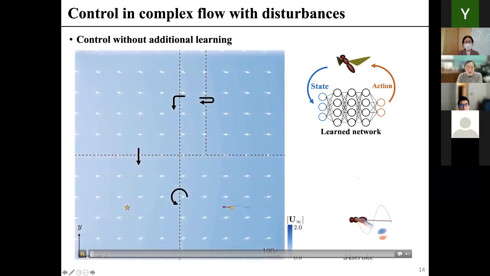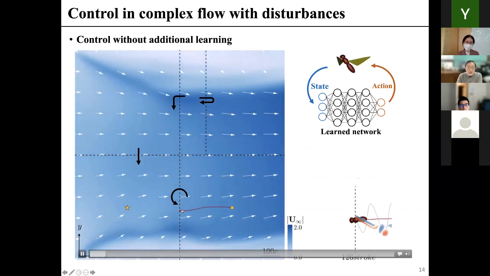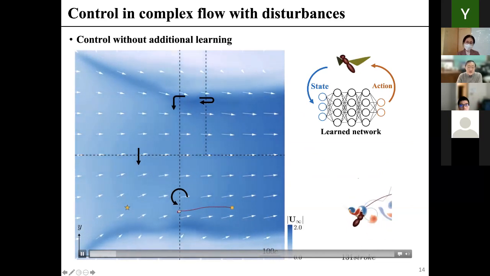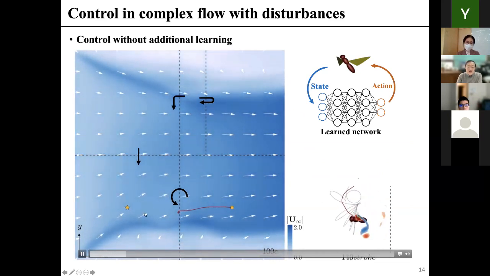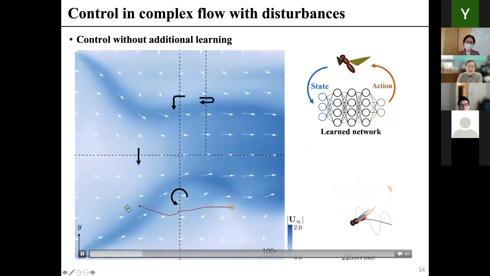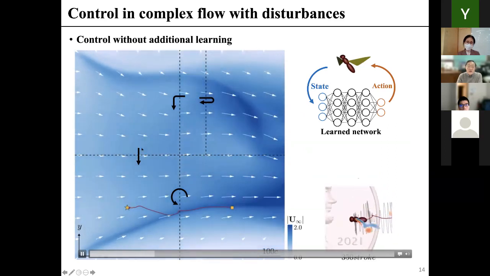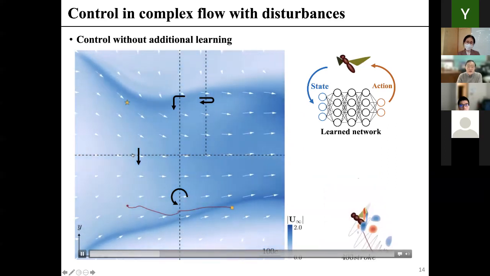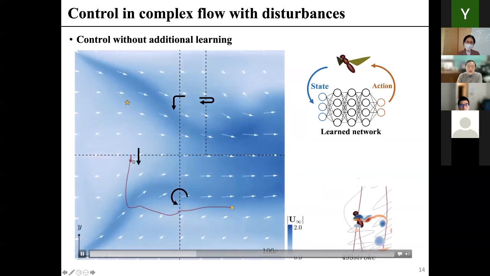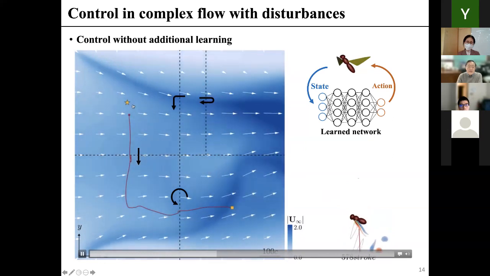So this is the case. Starting from the red square, we impose a rotational disturbance here. It struggles to find the goal, but eventually moves toward the goal. And then the star moves toward the top, so it follows. But again, we impose another disturbance, a downward force, and then it recovers, and then moves toward the goal, and then